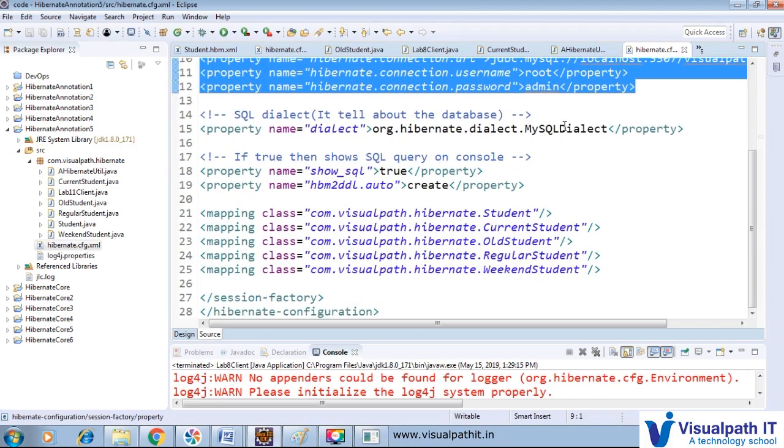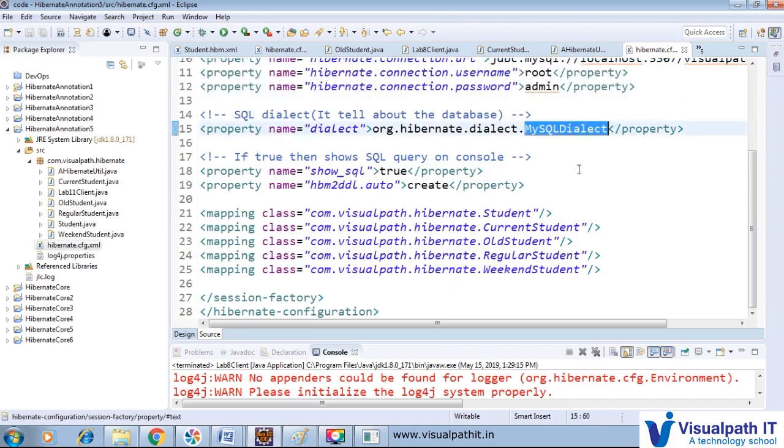After that we have to add the dialect. When we utilize some particular DB related query, some relative part is automatically generated by the Hibernate runtime system. So we have to provide what kind of database we are going to utilize. We provide the dialect as MySQL, so that if some SQL or query is generated, it will be a MySQL query. After that show SQL is added, because we want to see our query generation